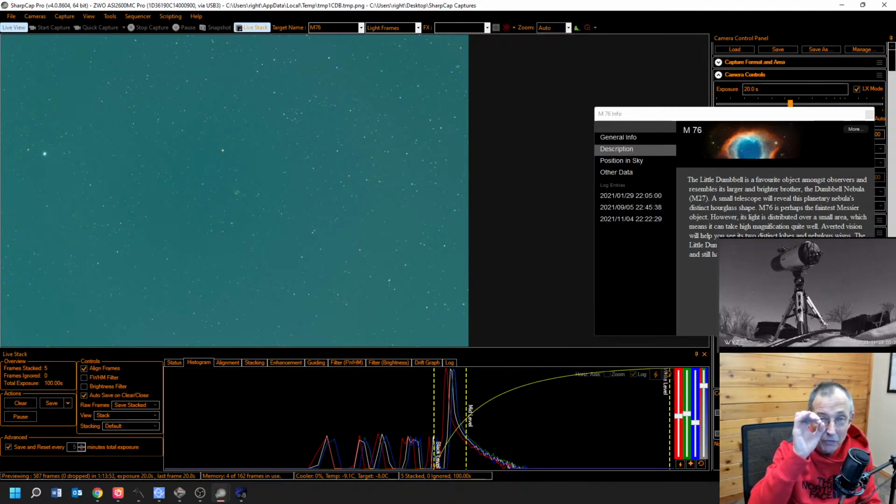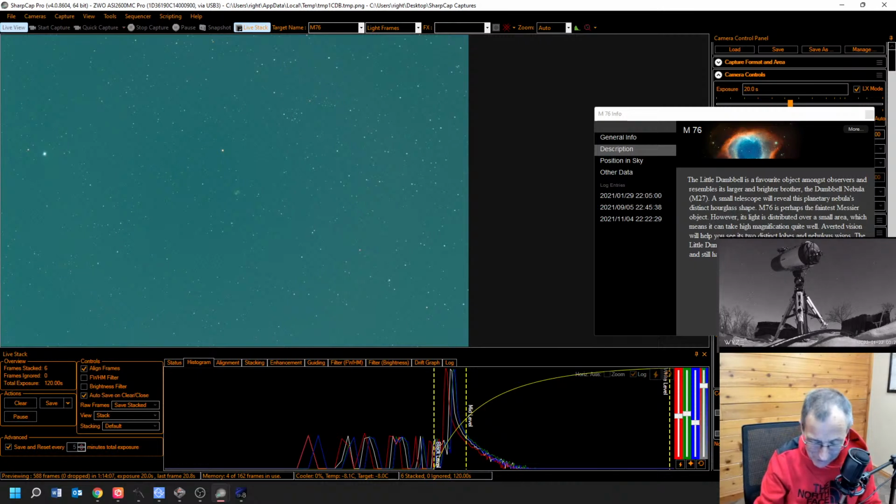Averted vision is when you're looking through an eyepiece and you aim your eyes off to the side and use your peripheral vision to observe the object. It takes some practice. But with electronically assisted astronomy, you don't have to do that because we're just looking at a screen and we don't need averted vision. It helps you see two distinct lobes and